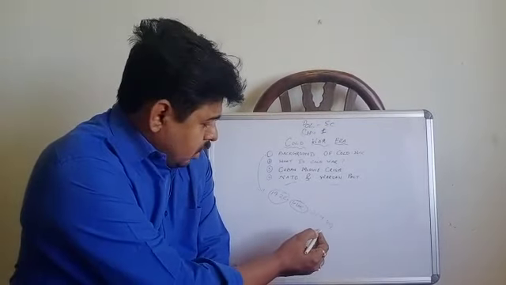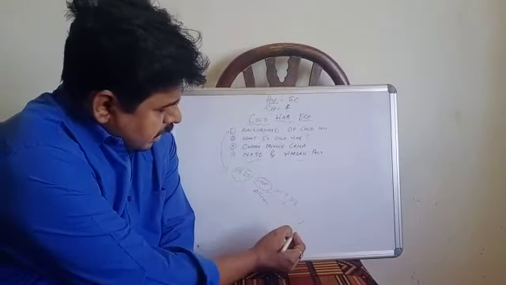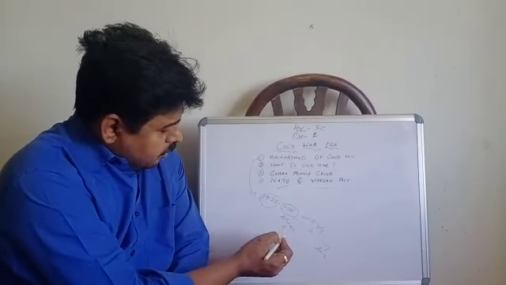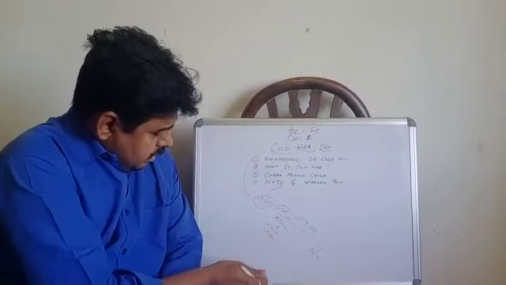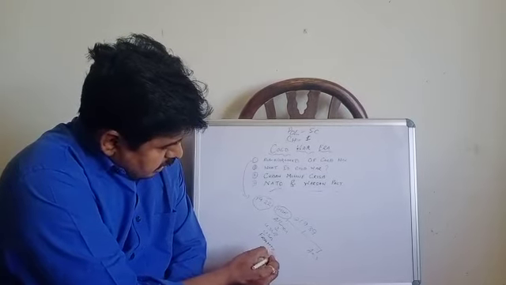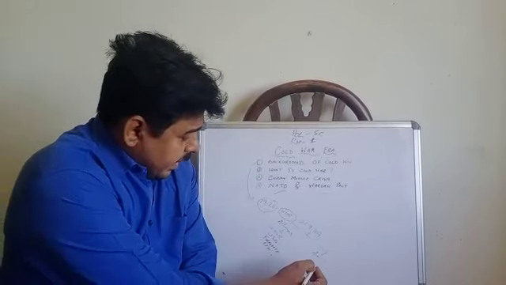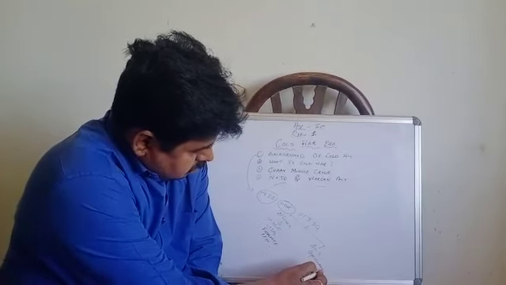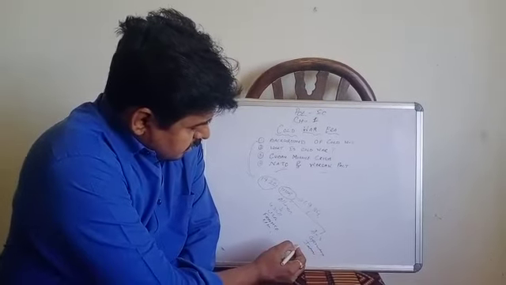In this Second World War, there were two such parties. One was the Allies power, and the other was the Axis power. You see the formation. In the Allies power, there were four such countries: the USSR, the USA, France, and the UK, the United Kingdom, that is Britain. And in the Axis power, there were Germany, Japan, and Italy.